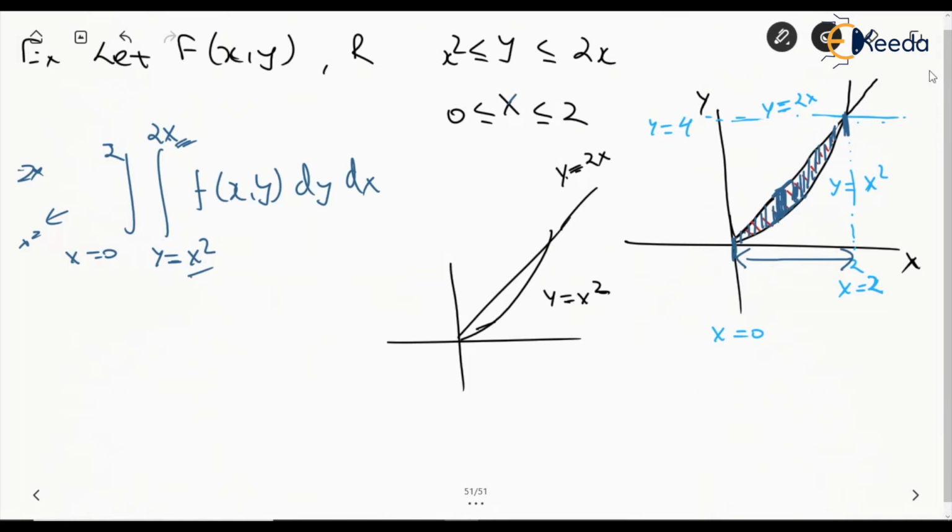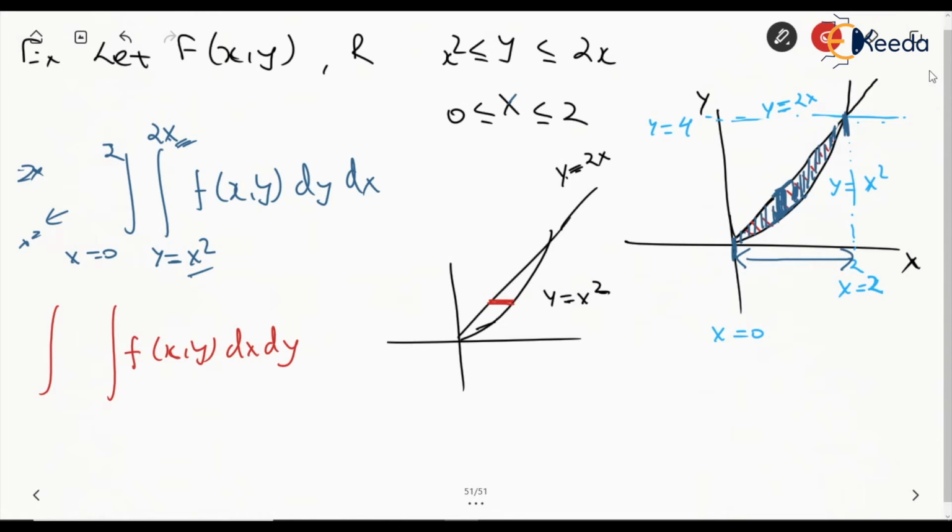Obviously we will be in the same region, and in case we want to integrate this function f of x comma y by reversing the order as dx dy, then in this case we'll have to take a horizontal rectangle as the element, right?